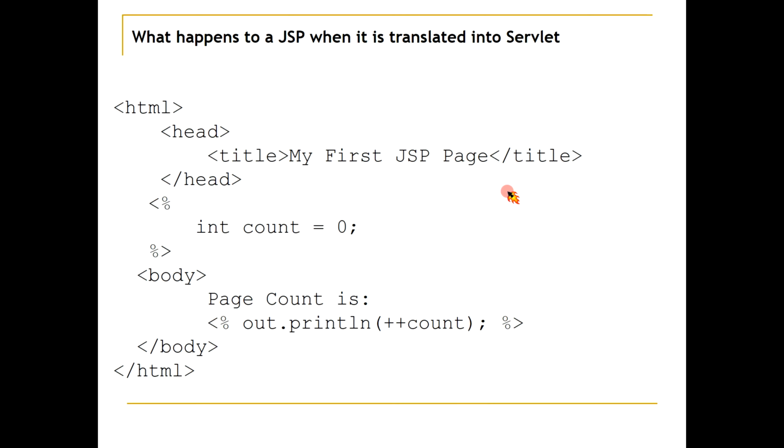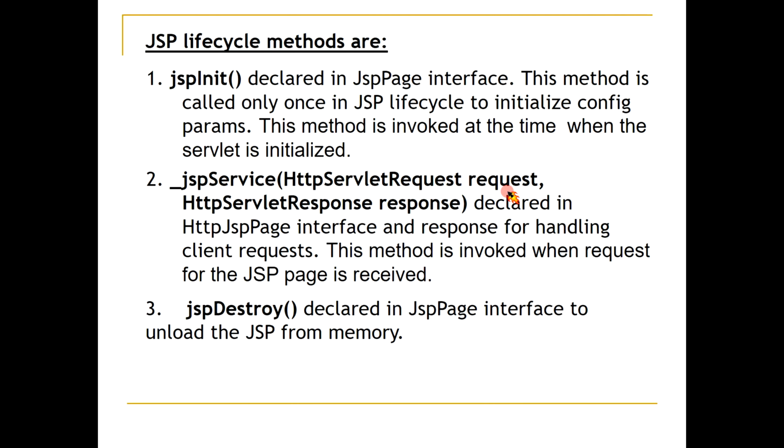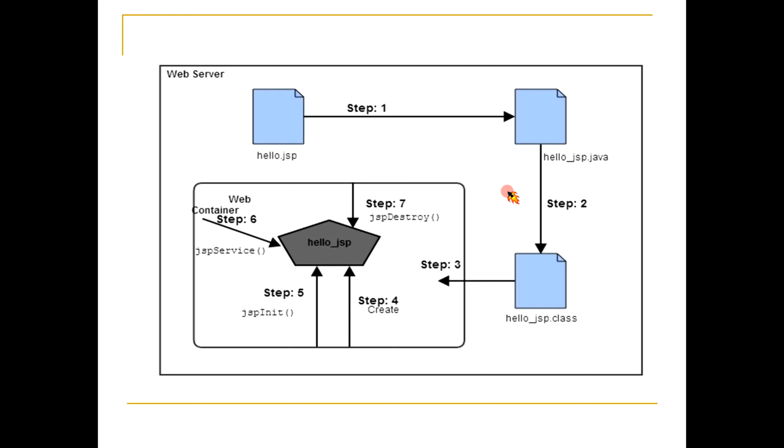Before going to the example, I would like to show you this diagram. This is the understanding of how the JSP lifecycle works. As you can see, it is a hello.jsp page. First of all, notice that here is a web server and here is a web container. When the request comes, hello.jsp will be called. Now step one is converting from JSP to Java, a servlet phase. So hello_jsp.java is our servlet file.